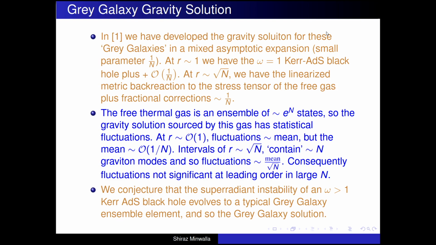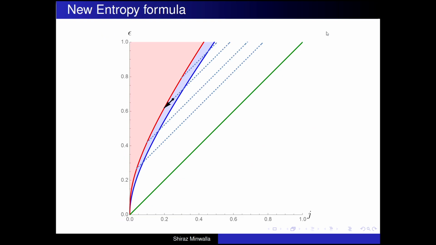The thing that you might find unpleasant is that we've found a supergravity solution for this. The supergravity solution is sourced by the gas. Now the gas is in a thermal ensemble, so it's not one solution, it's many solutions, actually e to the power n solutions, because the entropy of the gas is n. And you might worry, when you find a supergravity solution, for which mode of the gas? Turns out it doesn't matter when n is large, because of the law of large numbers, fluctuations in this bulk stress tensor are suppressed by 1 over square root of n. And so you can reliably, in the large n limit, find a supergravity solution for this configuration, and we've done all of that.